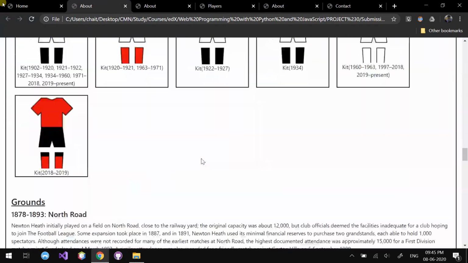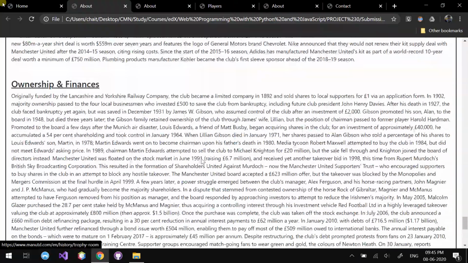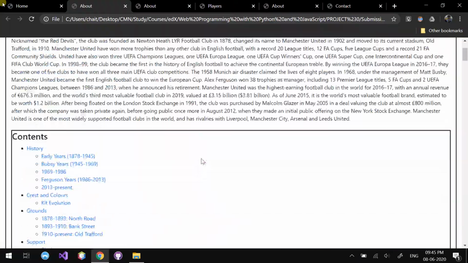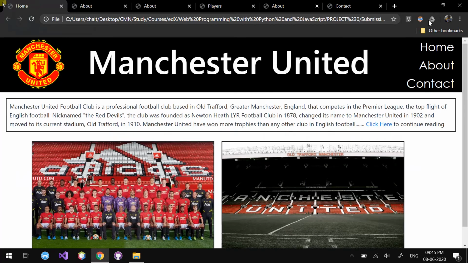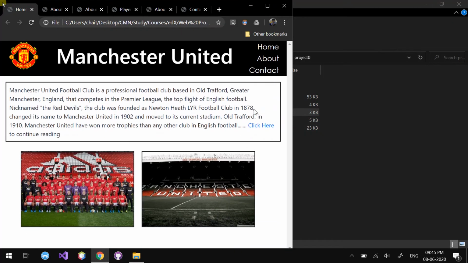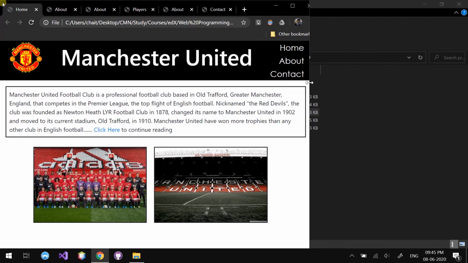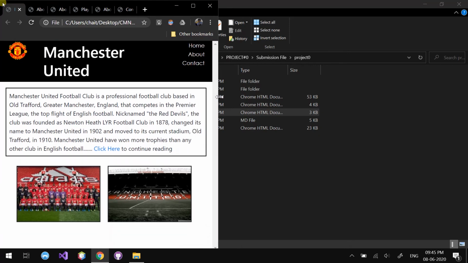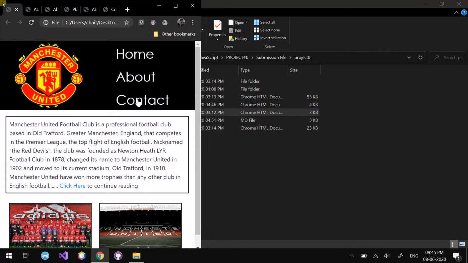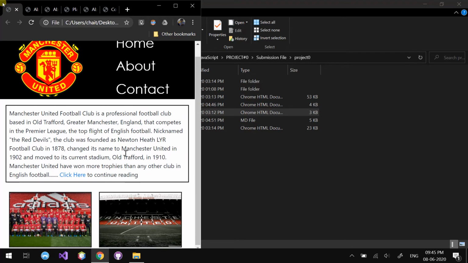So this is the basic representation of the HTML that I have learnt. Also, another thing is that this top header is also page responsive. So for example, as you shrink down, after a certain period, the written Manchester United disappears, and what's left is just the Manchester United logo and these three options.